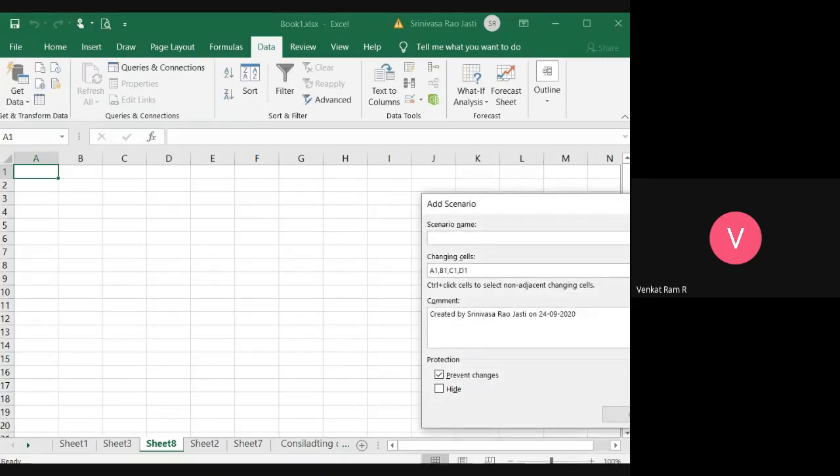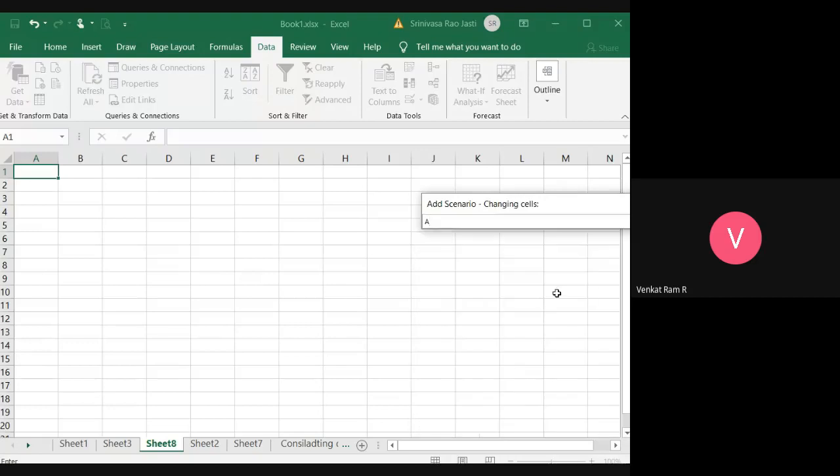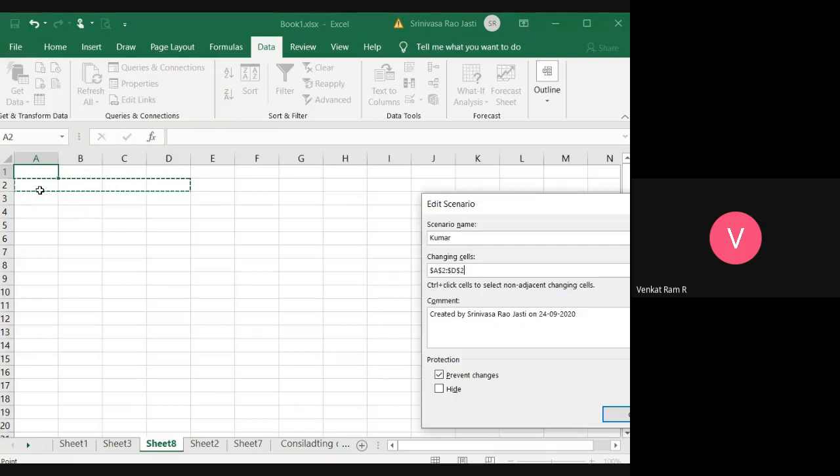Next, let me add some ones. Kumar. So I will change these values to A2, comma, or else if you want, you can directly select this A2, B2, C2, D2.